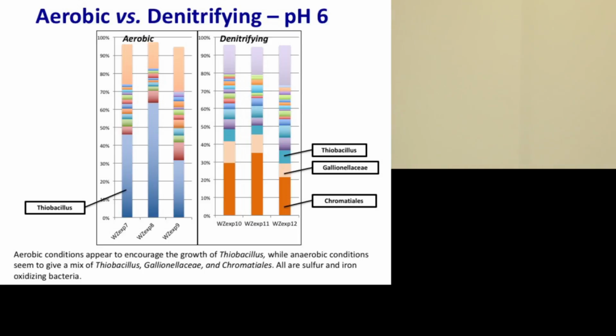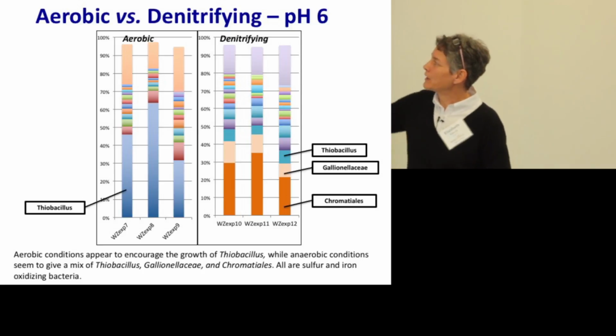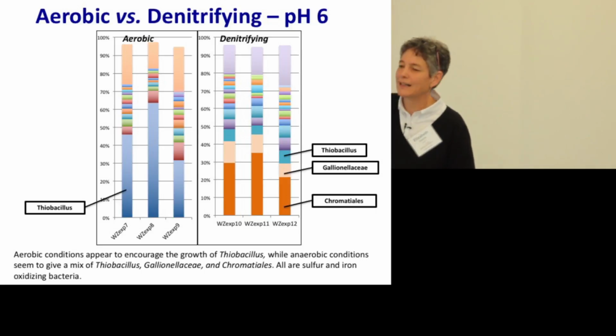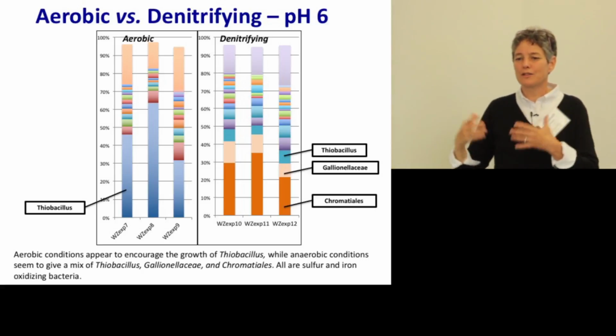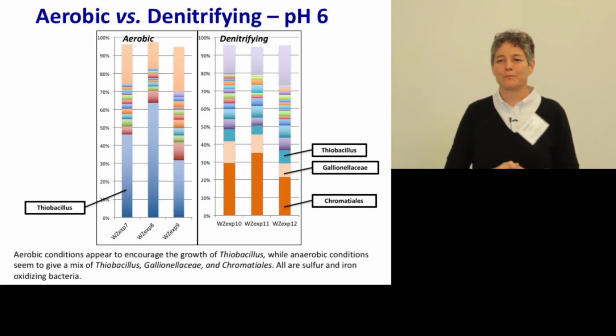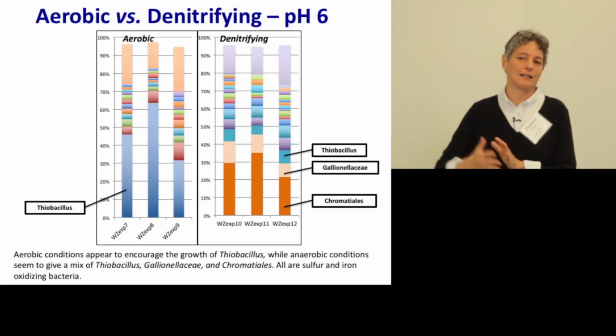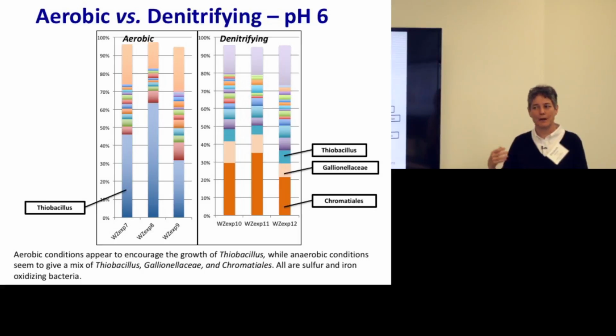And the main take-home message here is that yes, Thiobacillus is what we might expect to find in these kinds of things, and we do. But when you look under nitrate-reducing conditions, it's much lower. You find other iron and sulfur oxidizers, and you find lots of different kinds. Just because somebody described one kind of organism 30 years ago and its properties, there are so many variants thereof, and some of these variants might have the selectivity or the activity that would work really well, much like some variants of Dehalococcoides are very good at vinyl chloride, but not all.